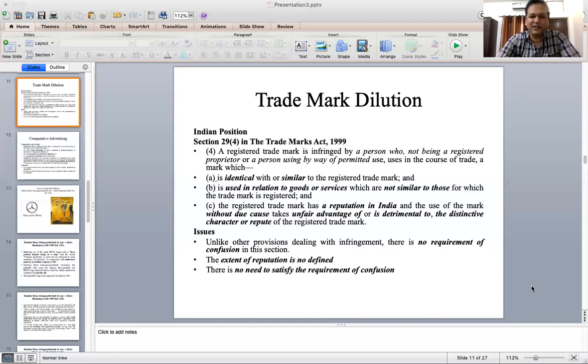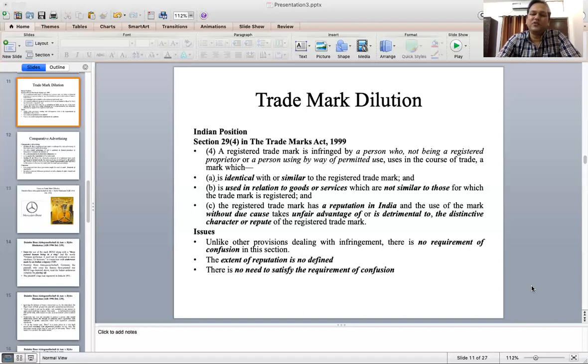So because of that, this criteria is very important. The third one is that, these two are not enough to prove that it is identical; it is similar, and they are being used in connection with some other goods. Apart from that, because the term "and" is there, it is conjunctive and must be taken into account. So the third one is a very essential component of it: that the registered trademark has a reputation in India. You have to prove it.